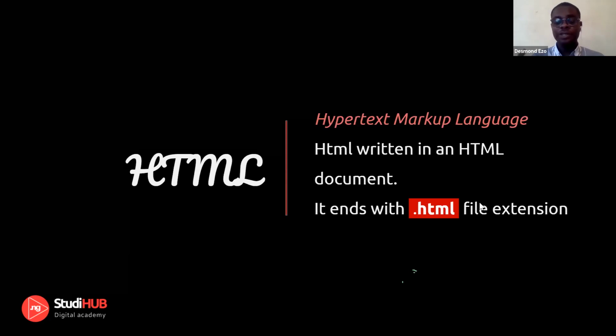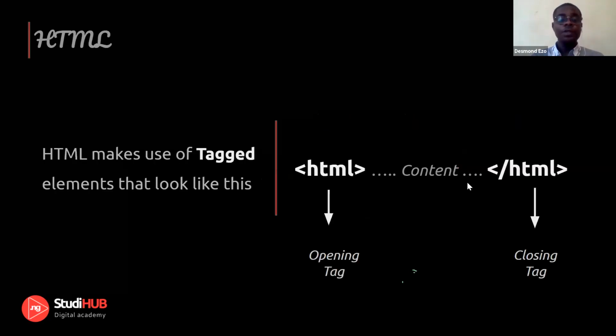If you're familiar with file extensions, you have the music file extension of .mp3, and the movie file extension of .mp4. So if you're creating a document and saving it, you have to save it with .html for that document to turn into an HTML document.